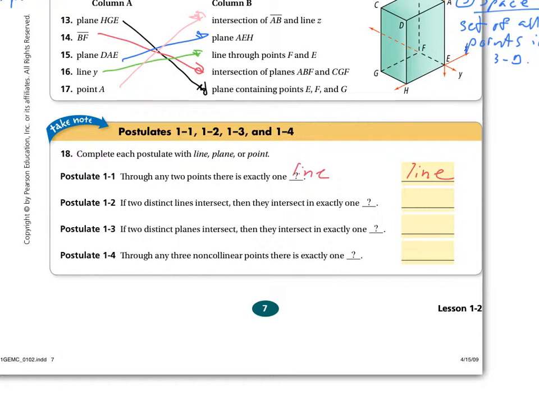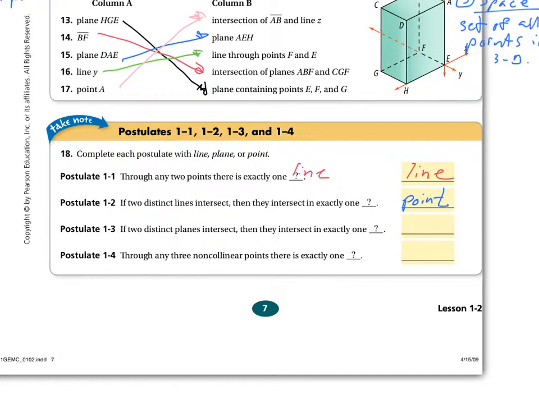If 2 distinct lines intersect, what did we learn about 2 lines intersecting? What do you get? A point. All right? So then they intersect in exactly 1 point. And then postulate 1-3,